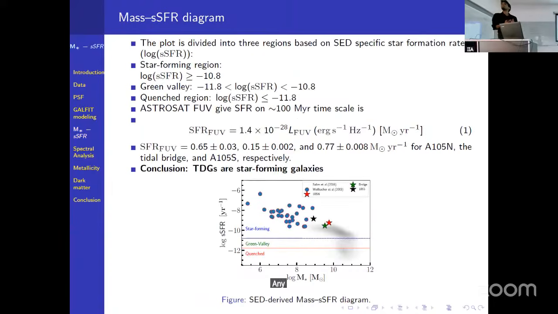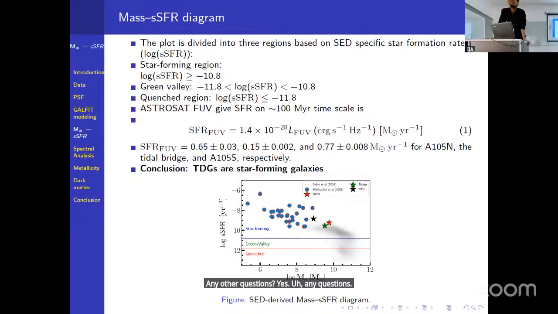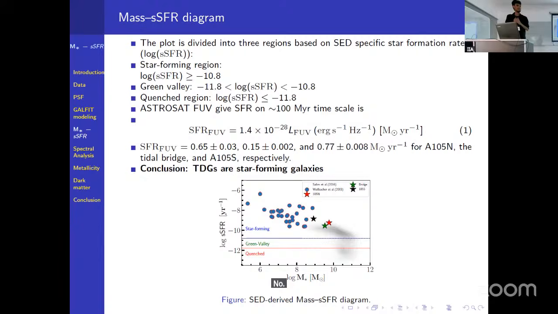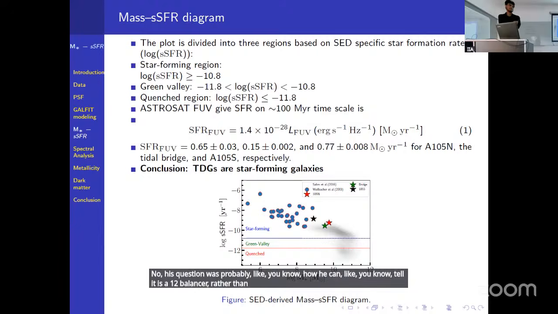Any other questions? Yes. Each of these big galaxies, if you have high density gas and actually have real star formation, how do you differentiate it from a dwarf galaxy? How do you explain it as a dwarf galaxy or just not a star? Okay, so the question is about how TDGs are different from a dwarf galaxy in terms of SFR. No, his question was probably how you can tell it is a dwarf galaxy rather than a big blob of star forming